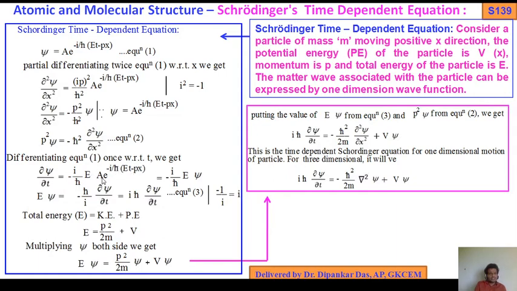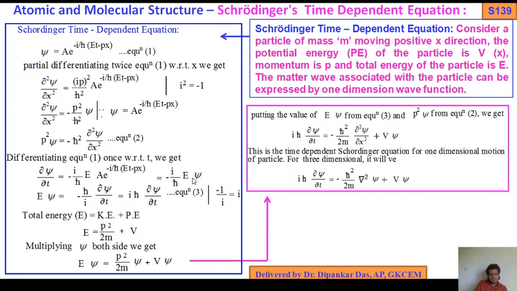Again you see, this a into e to the power minus i by h bar (Et minus px) is nothing but a psi, so that's why we can write minus i by h bar into E psi. Again rearranging,